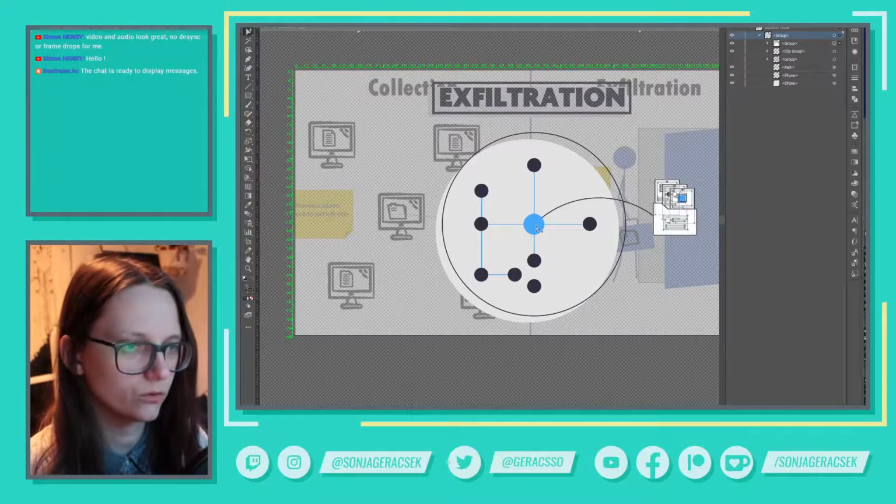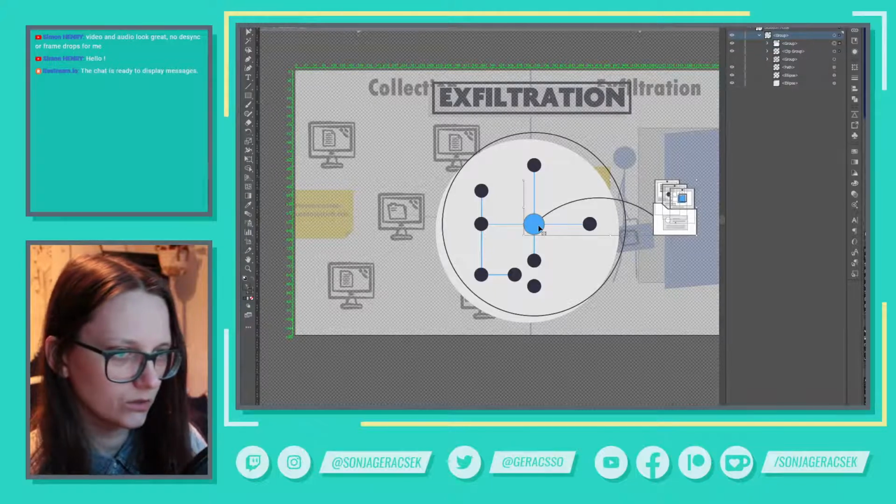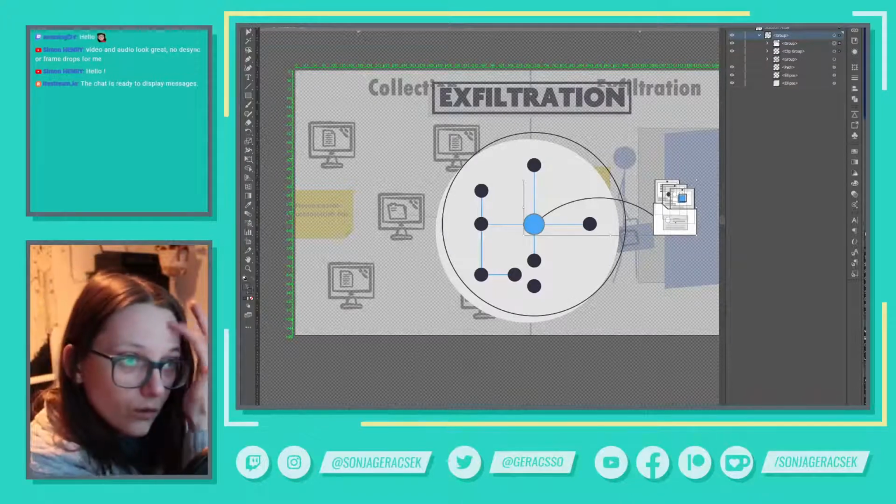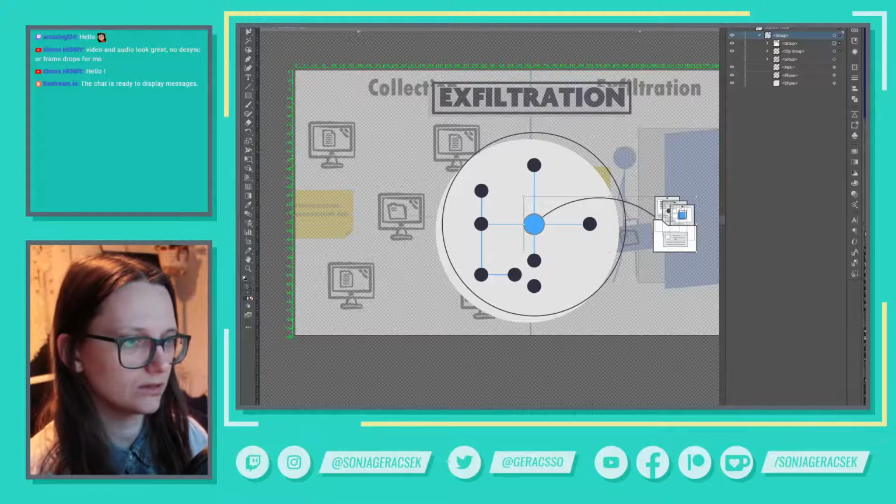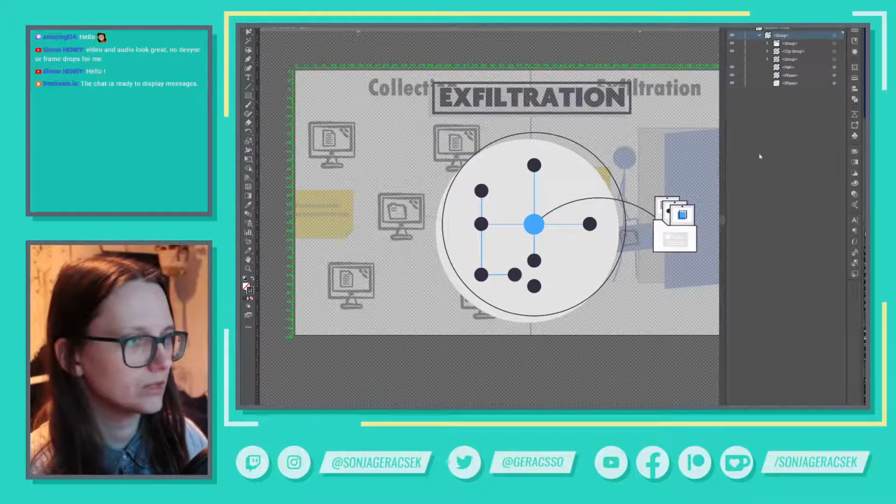But I want to align it with this. So I want to vertically align that. Maybe I want it a little